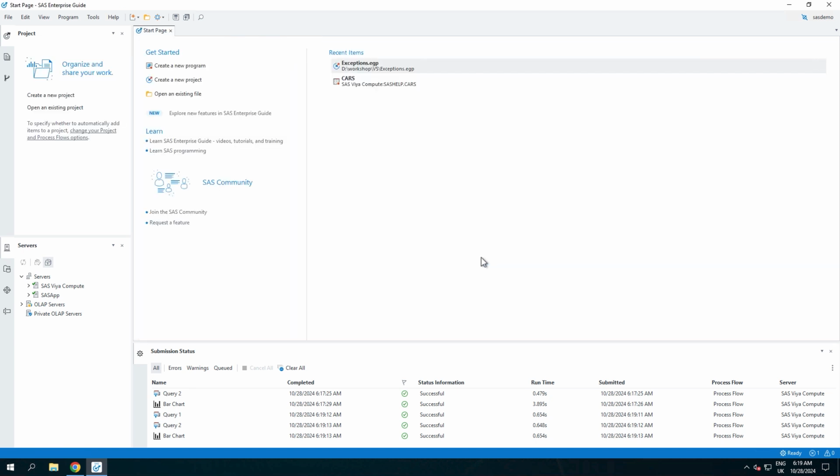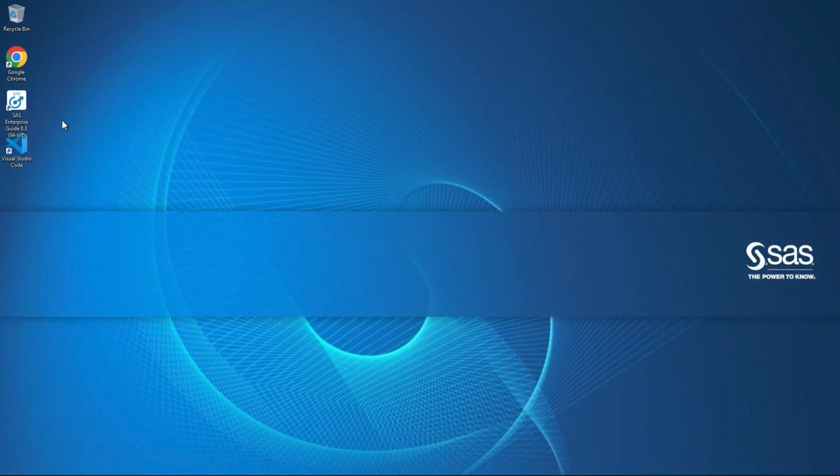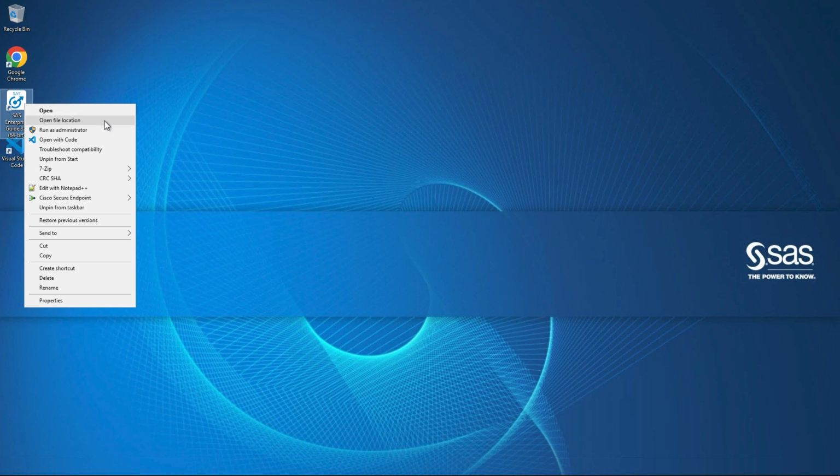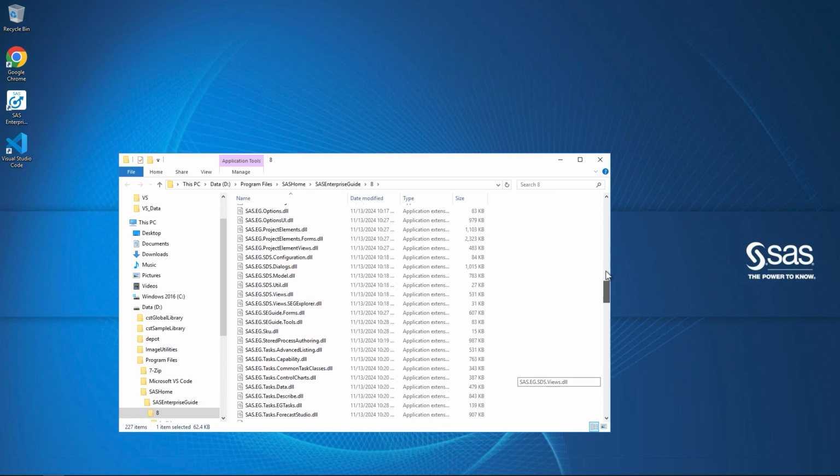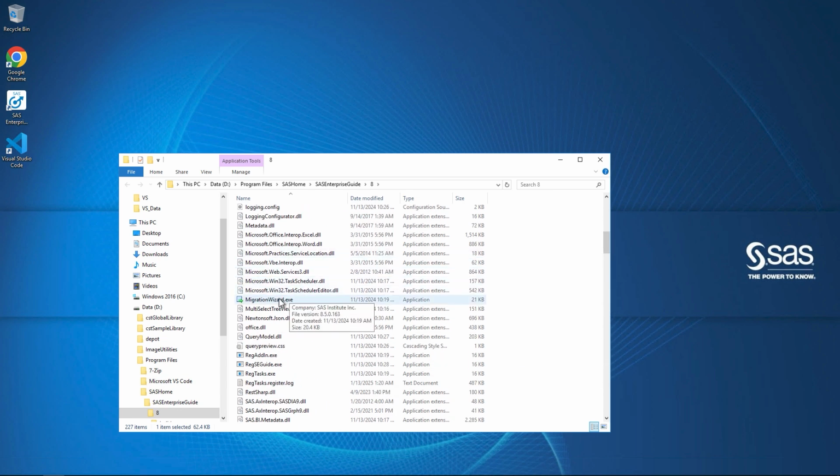The Project Maintenance tool updates a single project, while the SAS Enterprise Guide Migration Wizard offers similar functionality but for multiple projects. Also possible is the migration of older SAS Enterprise Guide files to later versions and changing the location of raw data files. The migration wizard.exe can be found in the installation directory of SAS Enterprise Guide. From the desktop, right-click the SAS Enterprise Guide shortcut icon, select Open File Location, and locate the migration wizard.exe file. If Open File Location is not available, select Properties first.